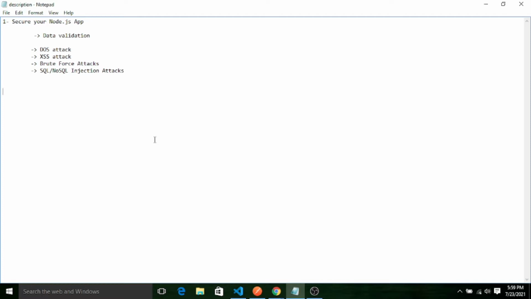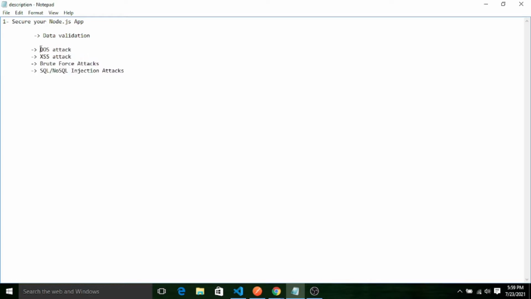So in today's session I will give you some best practices regarding the types of attack and how we can prevent them, especially in Node.js applications. So let me do it. I have already listed down some basic things which we should implement, we should integrate with our application. These are actually very harmful attacks.